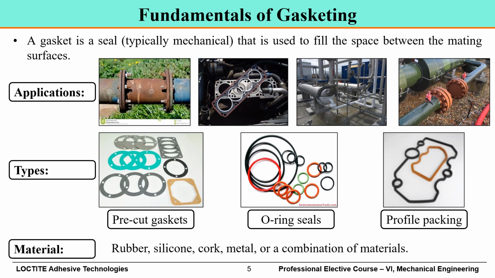Now it is very clear from the video that the performance of the adhesive joints is much higher than the traditional joints. Now let's take an example of gasketing, in which we can use adhesives by replacing the traditional gasket. A gasket is a seal, typically a mechanical type, that is generally used to fill the space between the mating surfaces. Gaskets are widely used in applications such as irrigation, automobile, and chemical industries, which are very large in